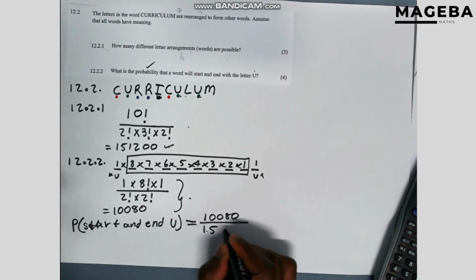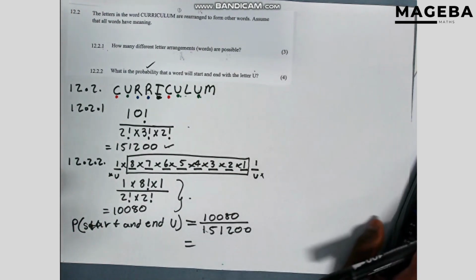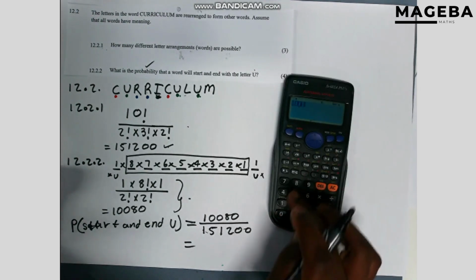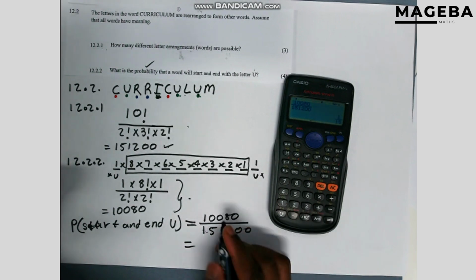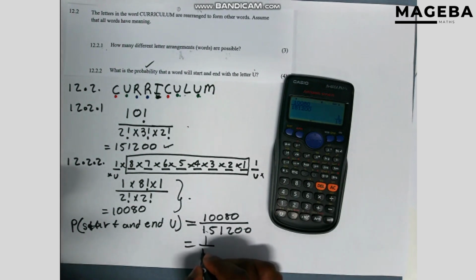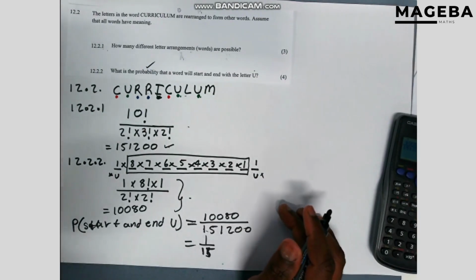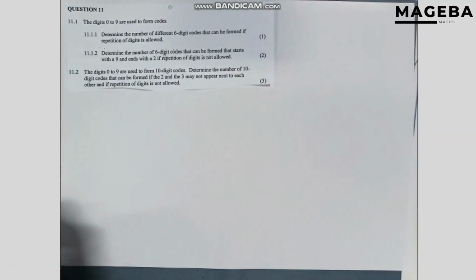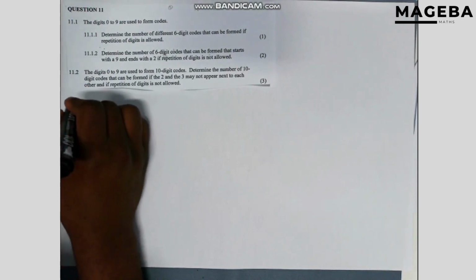So it's 151,200, and we find our probability, which is 10080 all over 151200. Then it's 1 all over 15. So this is our probability of starting and ending with what? With U. Okay guys, now continue with question 11, which is